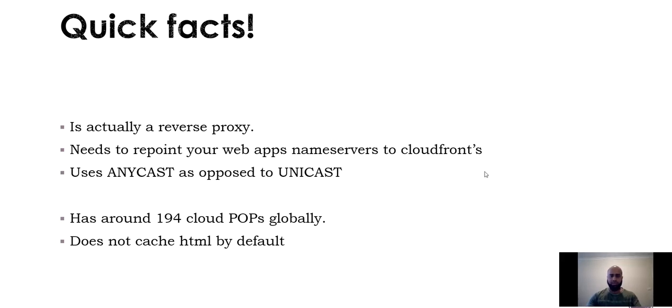And excuse this typo, this is supposed to be Cloudflare. One of the better things about Cloudflare is the number of POPs that it has globally. At the start of 2020, Cloudflare has around 194 POPs globally, which gives it a really good coverage around the world. So if you're setting up something that you think is going to be used across the world, this is something to consider really seriously, because at this point in time, AWS has around 150 POPs, whereas Azure has somewhere